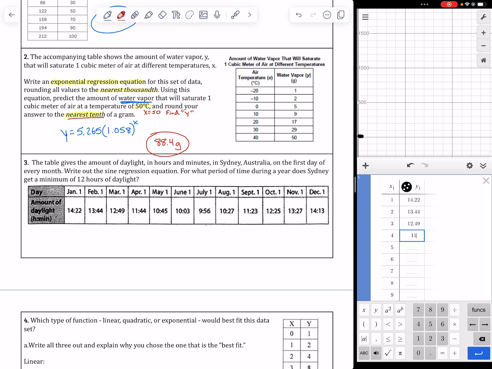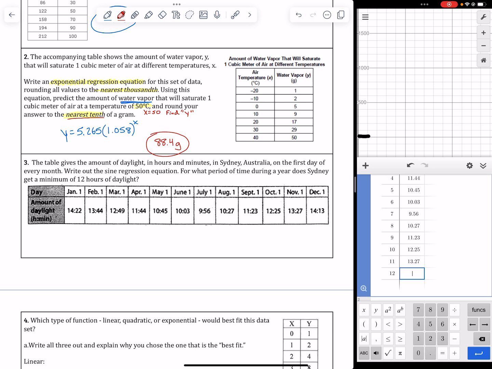Then I had 11.44, 10.45, 10.03, 9.56, 10.27, 11.23, 12.25, 13.27, and 14.13. So I get all my data typed in, and it said the table gives the amount of